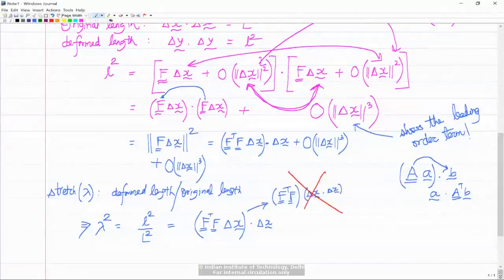Why is this not correct? Can anyone say why this is not correct? And that's because you first have to find out the vector within the bracket here first, and then take the dot product of that vector. And if you want to think of it in matrix form, you might have thought that matrix multiplication is associative, so it doesn't matter where I put the bracket. You might think like that,